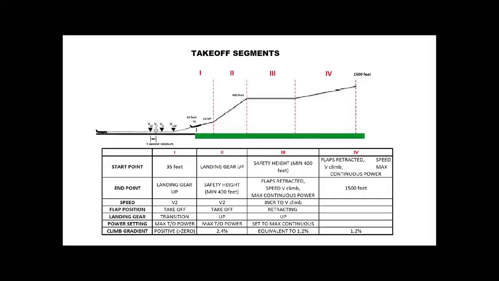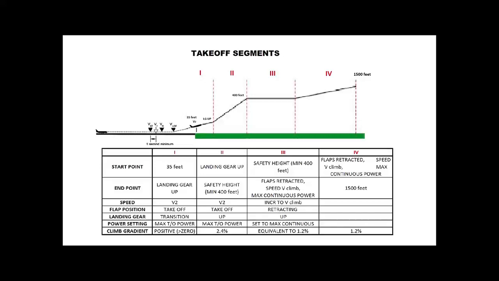The third segment is where you start cleaning up your aircraft further to retract the flaps to the clean or the climb position. And once you get your ISV climb, you reduce your power from the max takeoff power to the max continuous power. And here you are expected to have an equivalent of 1.2% of climb gradient at least. Once you have changed your configuration, got your speed, and changed your power settings, that ends the third segment,